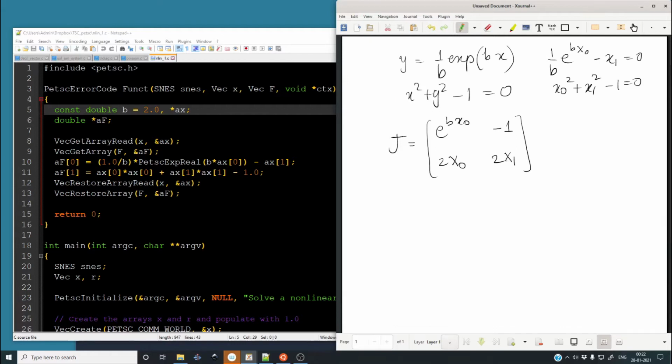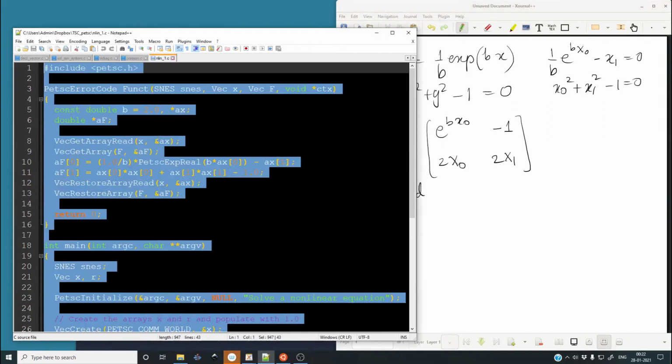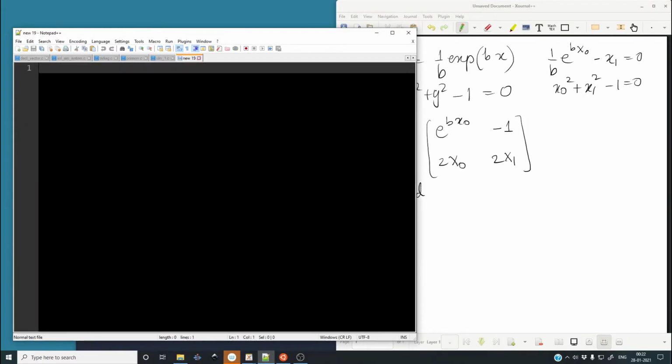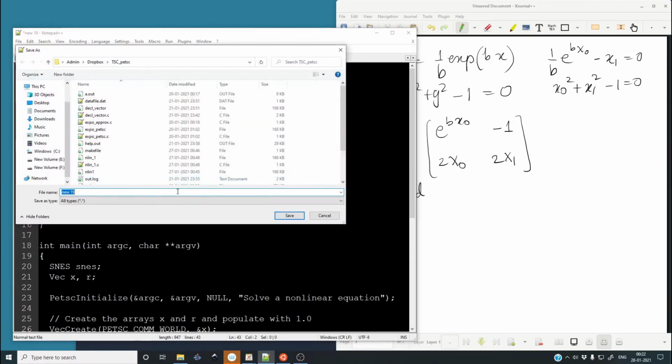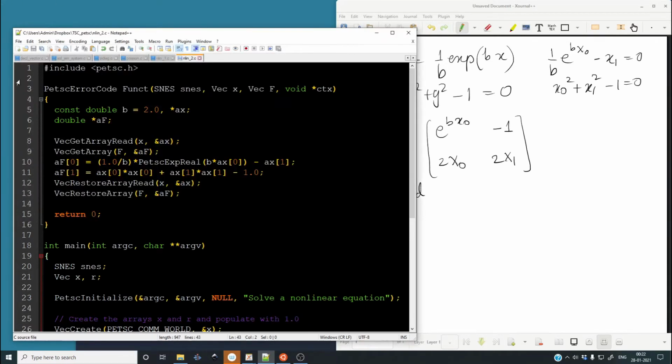Instead of passing the analytical Jacobian, we had asked PETSc to find the Jacobian for us, and that was done using the SNES FD option. But now we can also pass the Jacobian. So let me copy this program and first save it as nlin2.c. Alright,